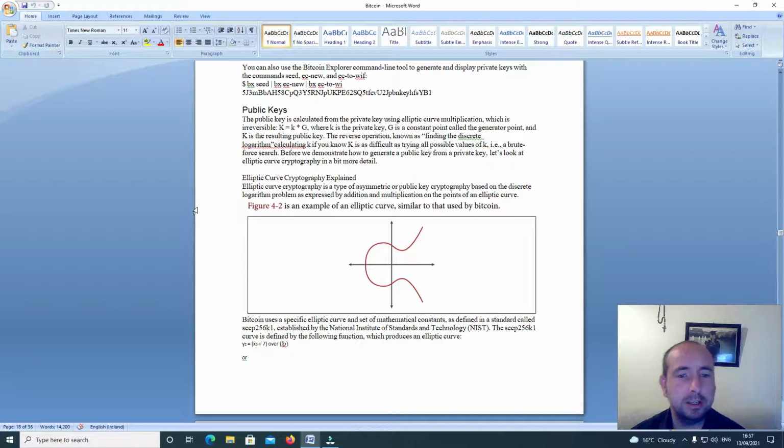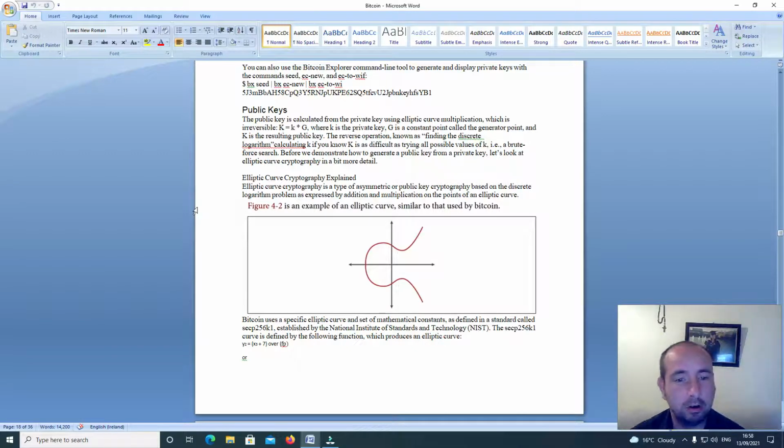Public keys. The public key is calculated from the private key using elliptic curve multiplication, which is irreversible: K = k * G, where k is the private key, G is a constant point called the generator point, and K is the resulting public key. The reverse operation, known as finding the discrete logarithm, calculating k if you know K, is as difficult as trying all possible values of k, i.e., a brute-force search. Before we demonstrate how to generate a public key from a private key, let's look at